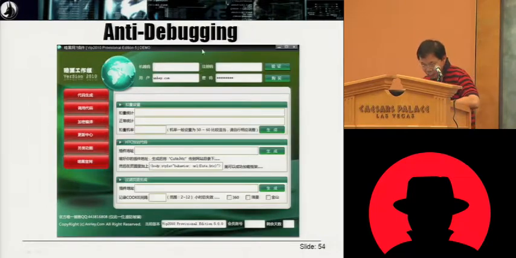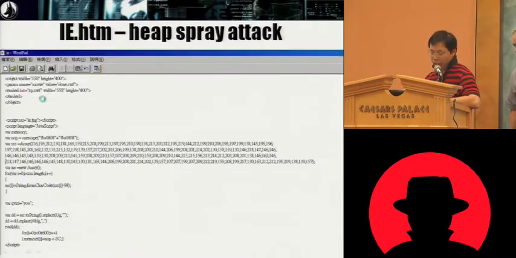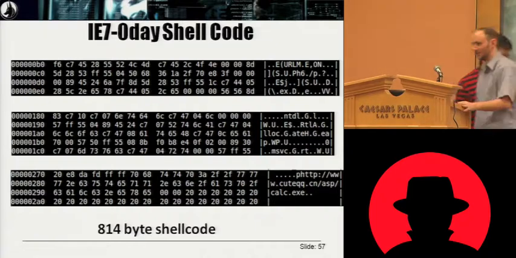And also this is anti-debugging, but here it is to bypass 360, because let me show you, this 360 is a major antivirus software in China. 360, okay. And once you click it, here, then you will generate these files. Then you get a heap space. Then Colin will talk about shellcode.